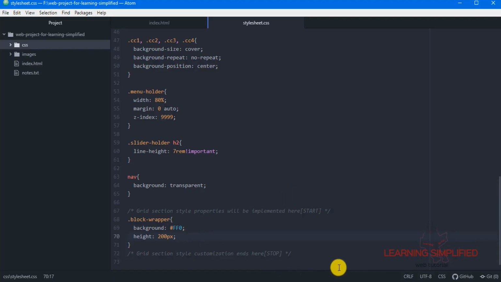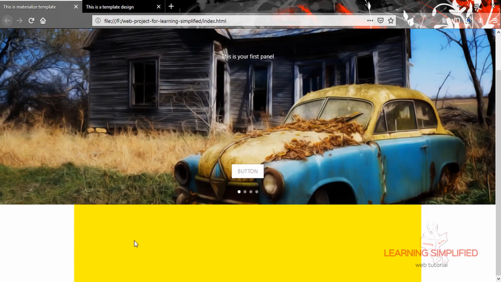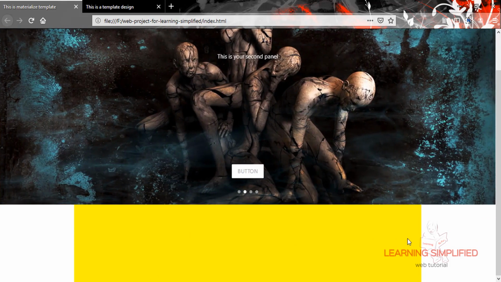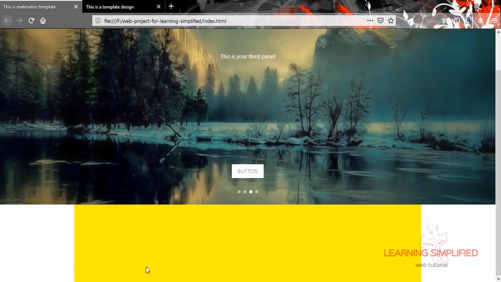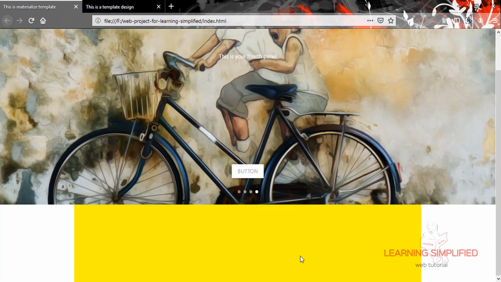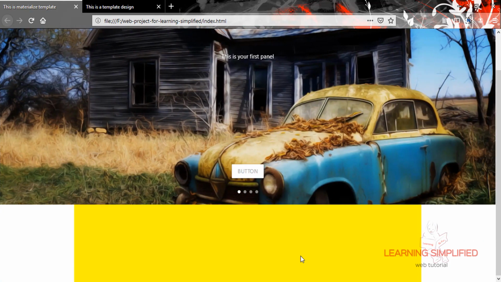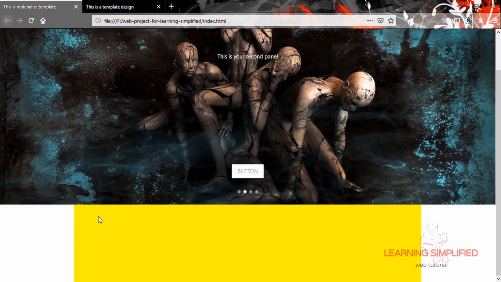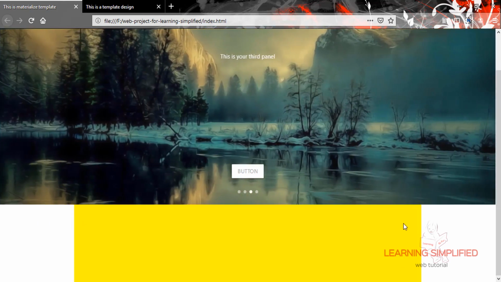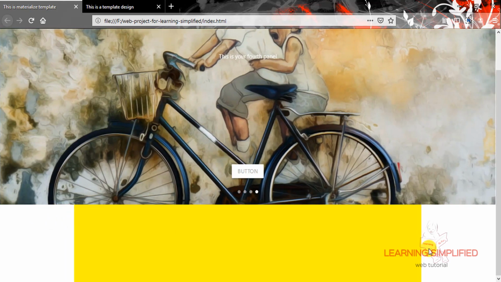Now if we get back to our project, we'll see that this will be the result. We have successfully created another div right beneath the slider holder panel, and this is the container class that we can see. Now in this respect, two things could be done over here. The first one is we go through the materialize rules and properties. That means we will be using their own defined container class with this particular width, or we can use a separate width for this particular separate container class that we have created.